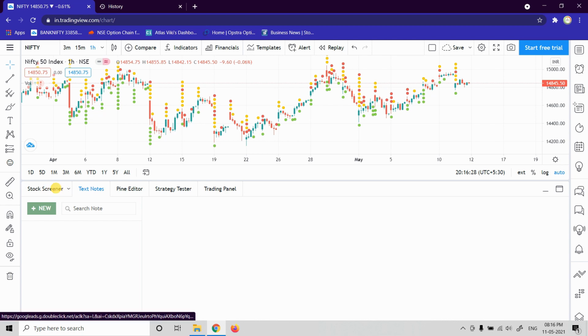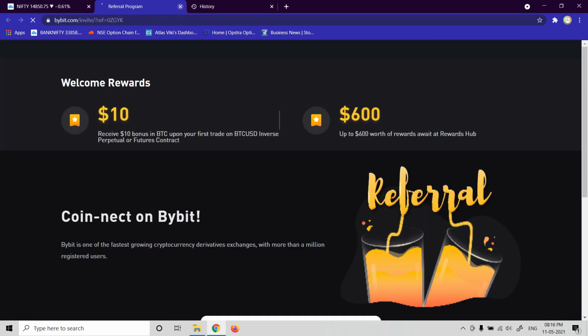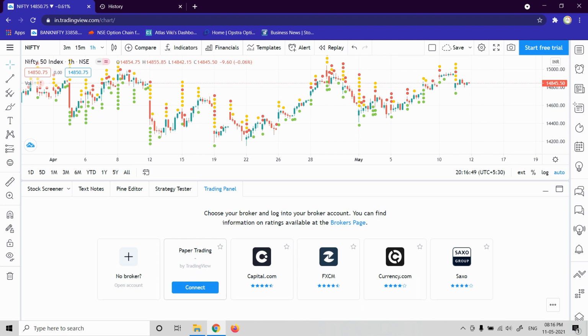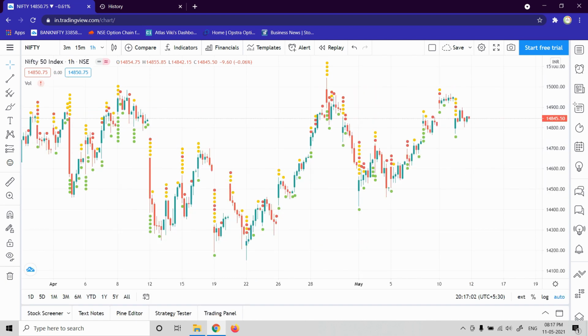The stock screener does not work great. There are a lot of other tools in the market now which are way better than what TradingView is providing in this regard. But Pine Editor helps you code your own indicators in TradingView. Then Strategy Tester, not a great tool. Then Trading Panel, you have one option you can use for India, which is paper trading. It can help you practice your trading ideas. So that's it. I think we have covered mostly the things that people do not concentrate on in TradingView.